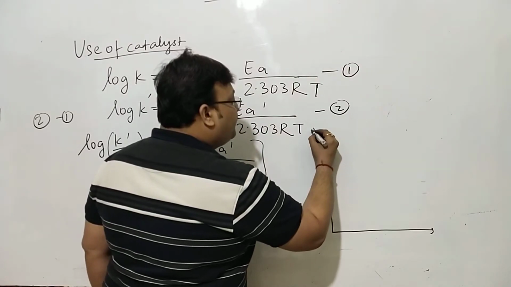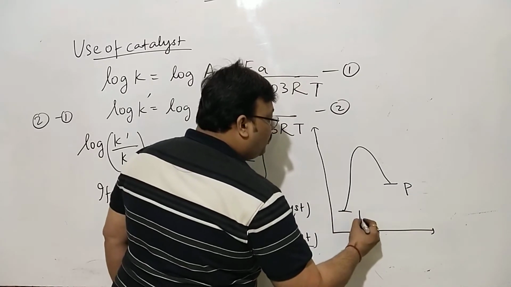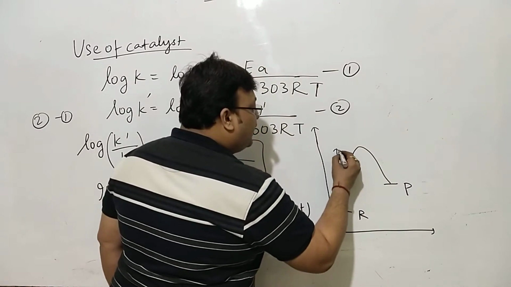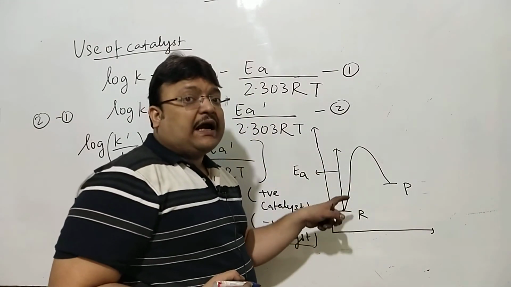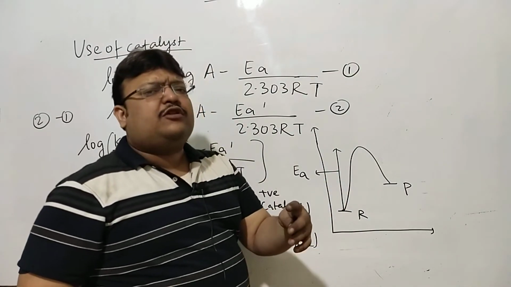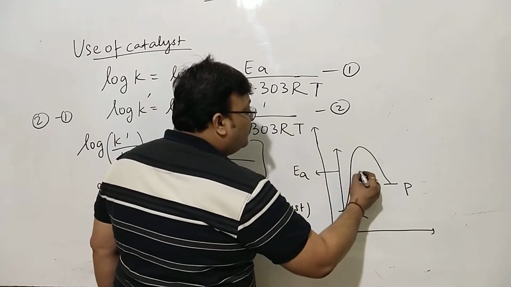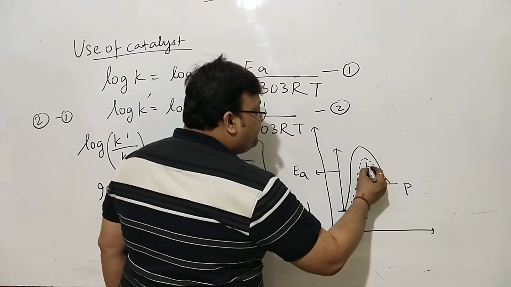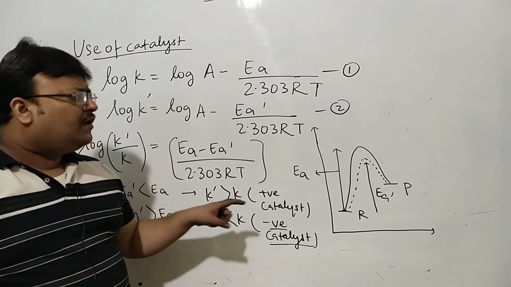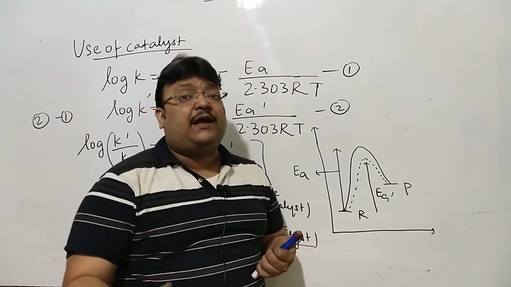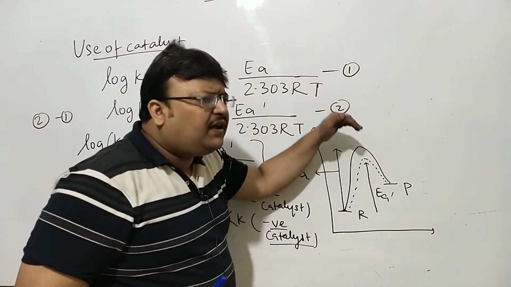Now, going back to the same energy profile, if it is reactant becoming product normally, with this as the EA activation energy, a catalyst will change the mechanism. If the mechanism changes for good, means if the energy barrier is lowered, which means this EA prime is less than EA, how do you increase the rate of the process? Either you supply more energy to more molecules to cross the energy barrier, or you put the energy barrier down.